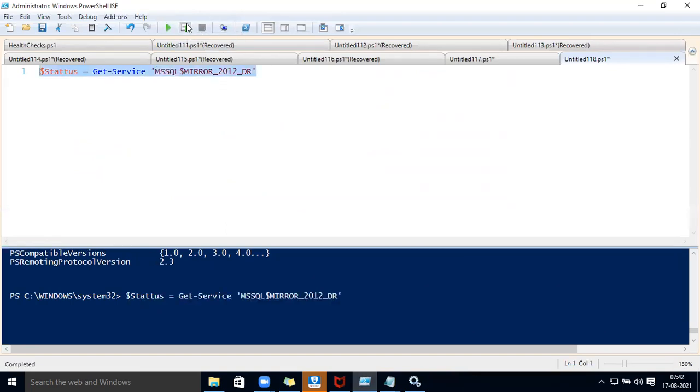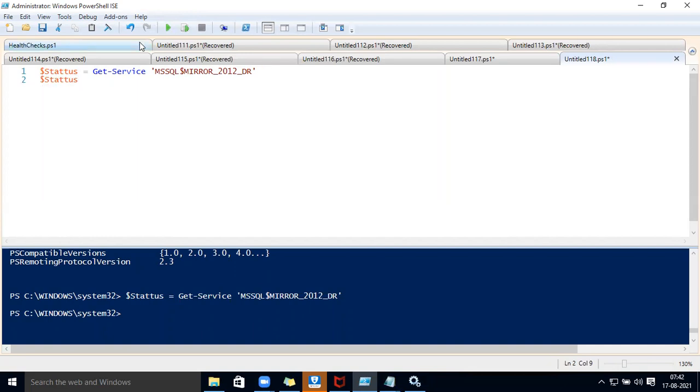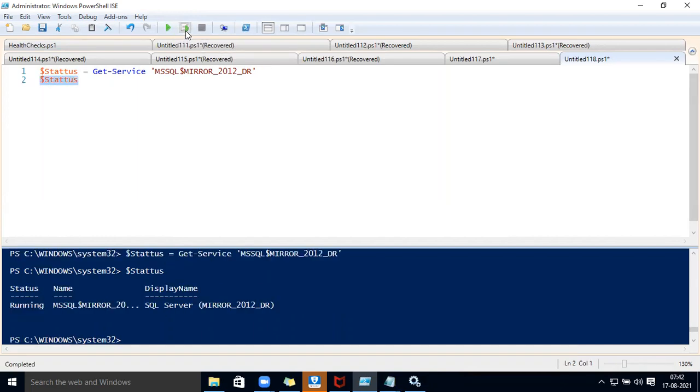If I will run this, okay, what result will be saved into that? If I will run dollar status, you will see the related information about this all. Got it? And if I will not write Get-Service, and then if you will run this, what happened? Only this name will be stored into this. Got it?